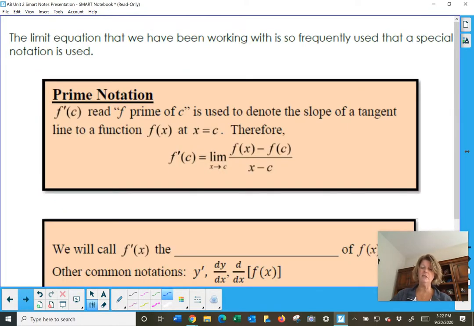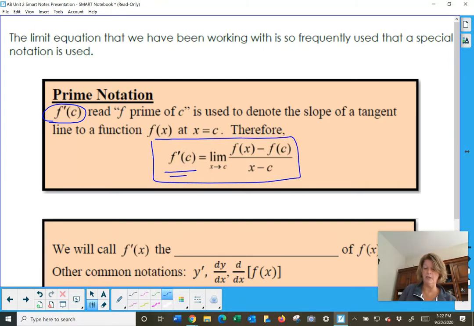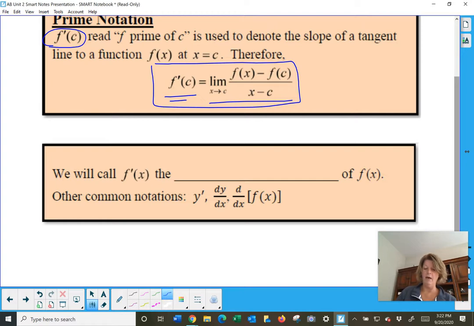The limit equation that we've been working with is used so frequently that it's got a special notation, and we introduced that special notation, f prime of c, read f prime of c, is used to denote the slope of the tangent line to the function f of x at x equals c. Therefore, we can connect and have that notation attached to that limit process that we've been practicing. We will call f prime of x the derivative